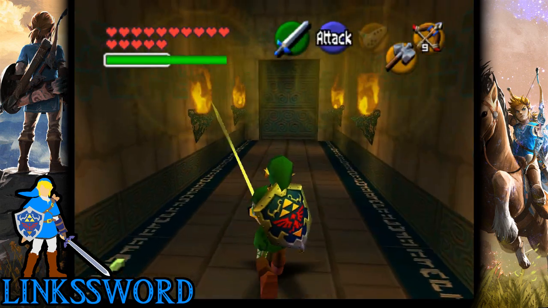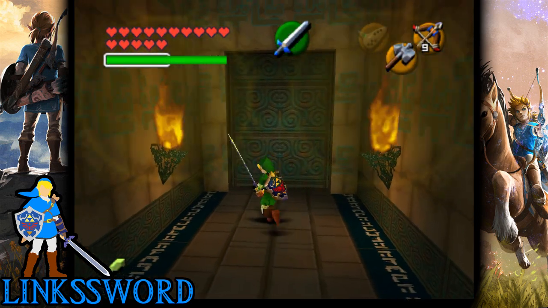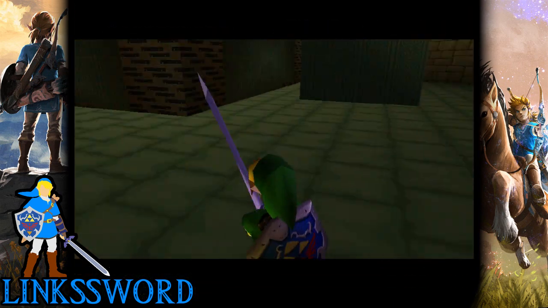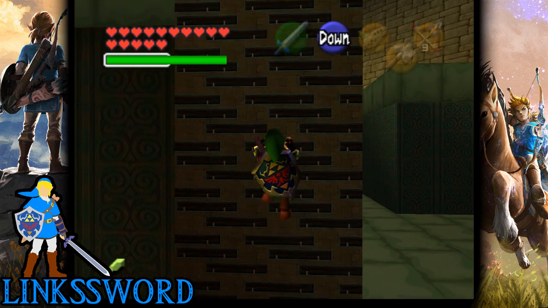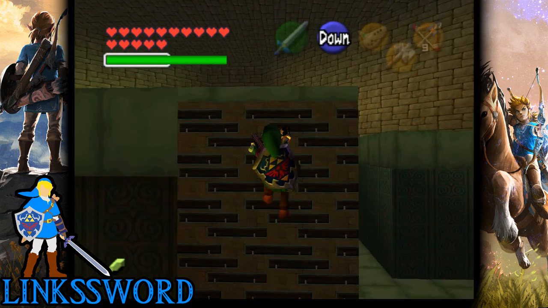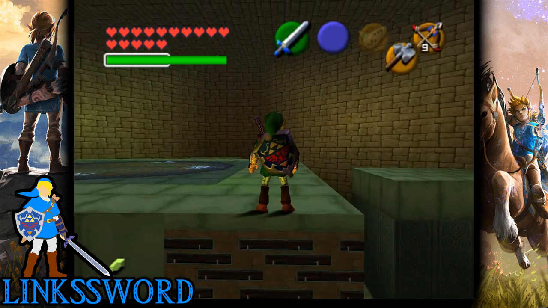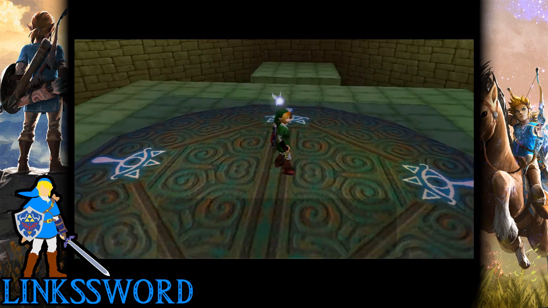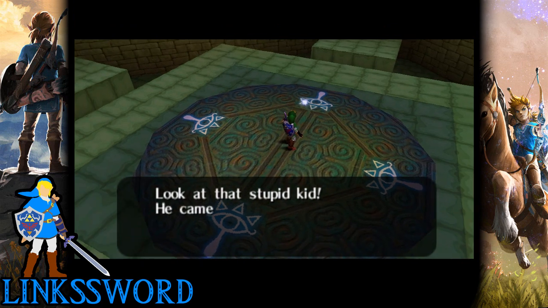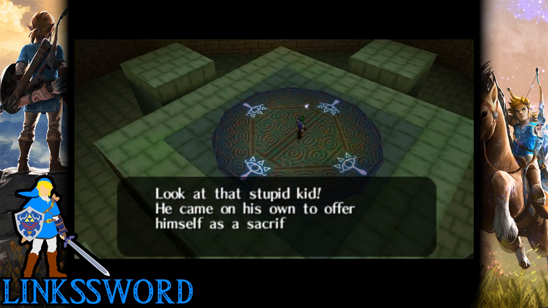I have always loved the Spirit Temple for some reason. I just think the whole temple is awesome. There's so many things to do, and also the bosses are really awesome, man. I can't imagine Ocarina of Time without that one. Well, let's stand in the middle here and start the cutscene, see what's going to happen, because now everything turns